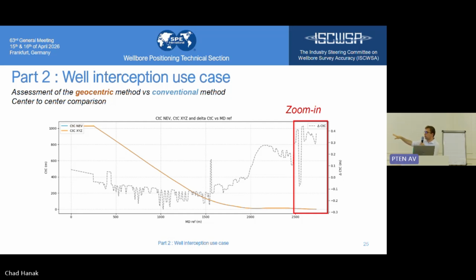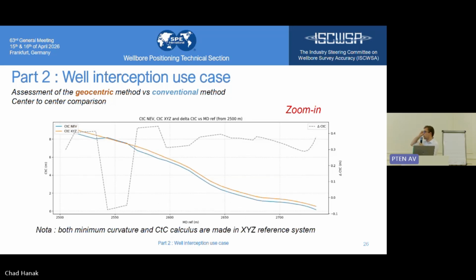Both curves of center to center are combined for now, but you can see that we have a shift in the center to center from both methods, which is varying, but there's not any pattern for now. There's not any tendency. It may depend on the measured depth. It may depend on other factors. We don't know. But let's zoom in to see what it looks like